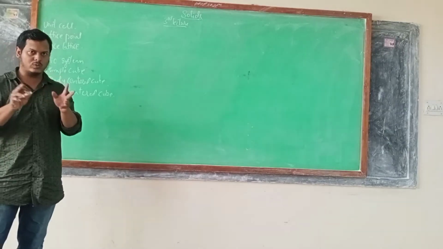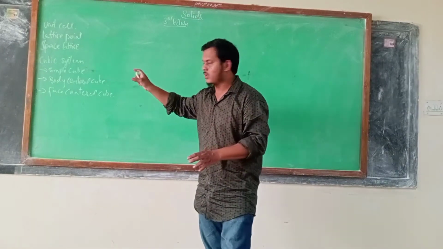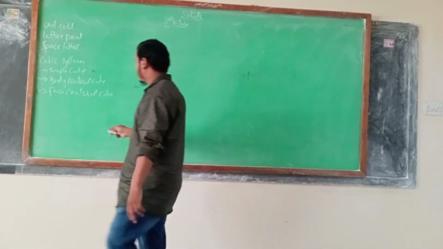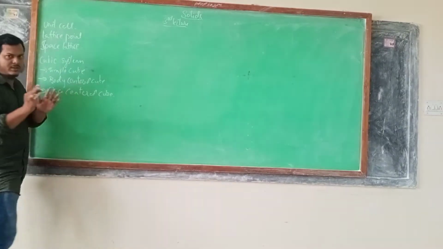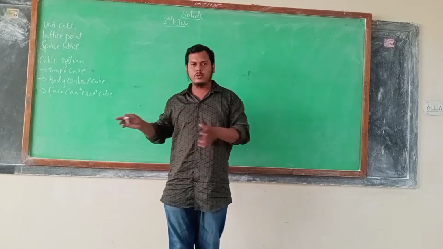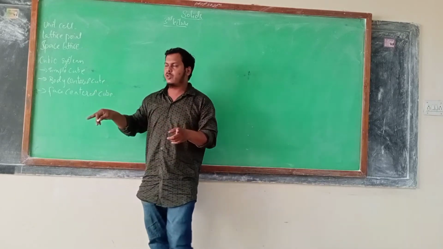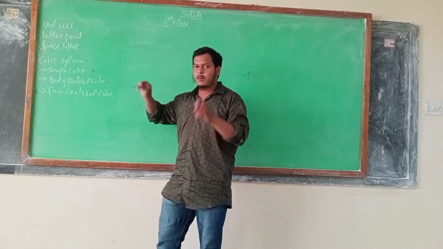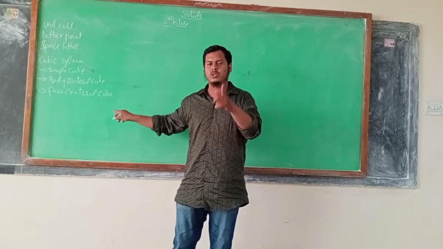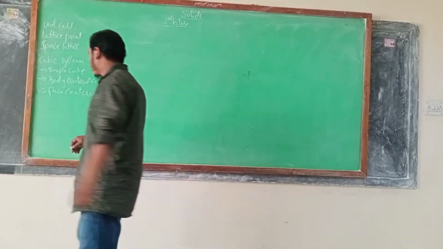And also in the last class I have told you how to calculate the number of particles present in these units, that is simple, body centered and face centered. Remember these things are very important for today's class. This is continuation. In today's class we are going to the packing efficiency. In packing efficiency, I need the number of particles present in the simple cube, body centered cube, face centered cube. This you should remember. Without that, you cannot solve the problems. Now come to the simple cube.